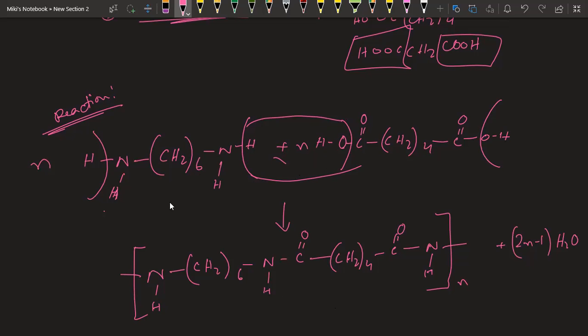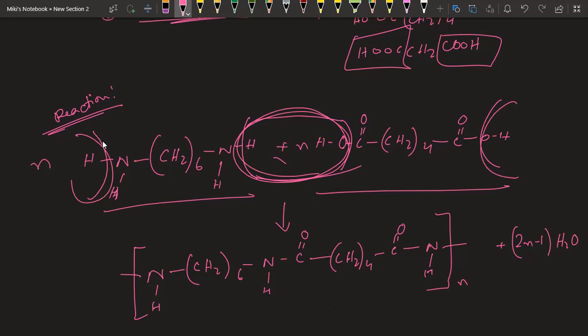See, for 1 mole of each, 1 mole of water is formed here, and here 1 mole of water is being formed. So we can say that if just one of each is present, that means 2n times water could be formed. But think of it in this way. Let's say